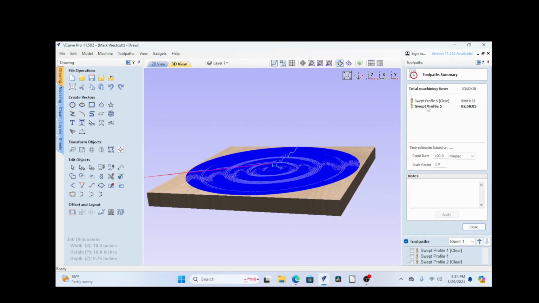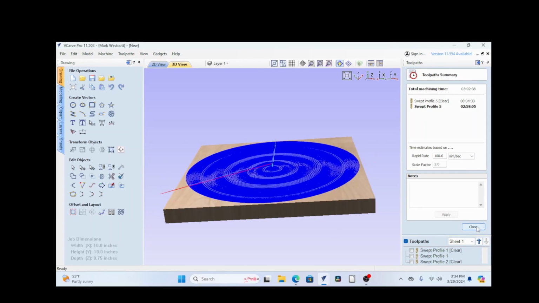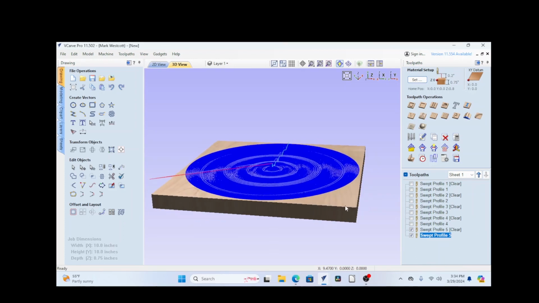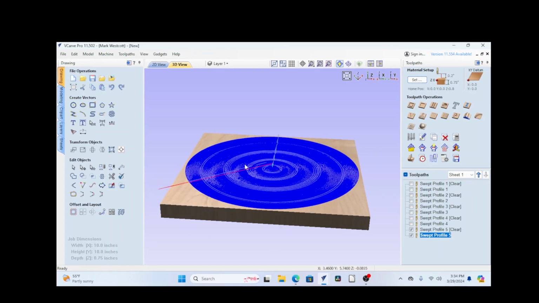And if you change the pass depth, you can change that or change it and go with a bigger tool. So hopefully that helps, and I hope that you will make a splash with your next project. It's definitely something. And if you reduce the size of the length of your wave,